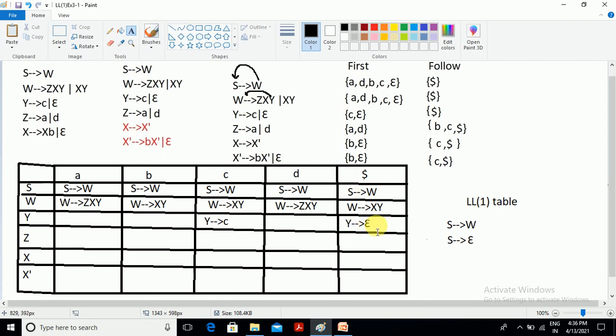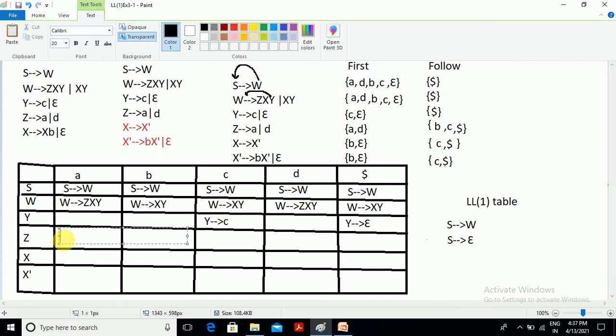The next Z productions. There are two firsts, A or D. A comes from the Z derives A production and D comes from the Z derives D production.